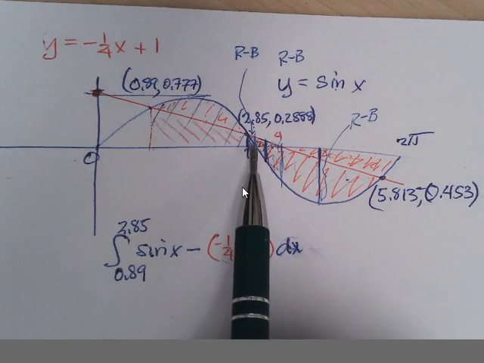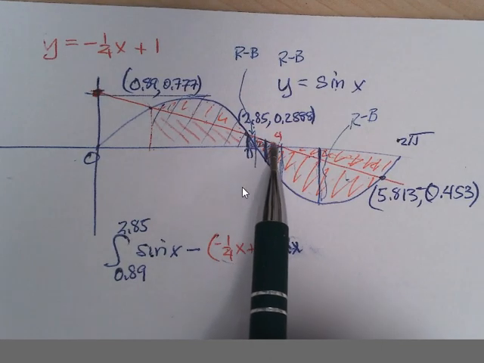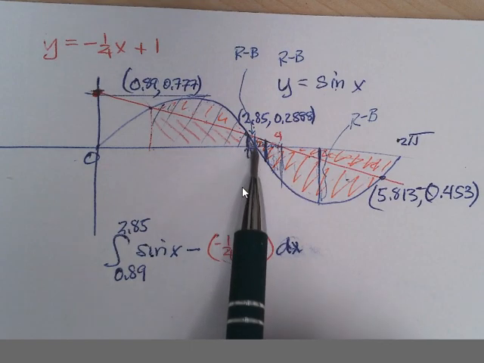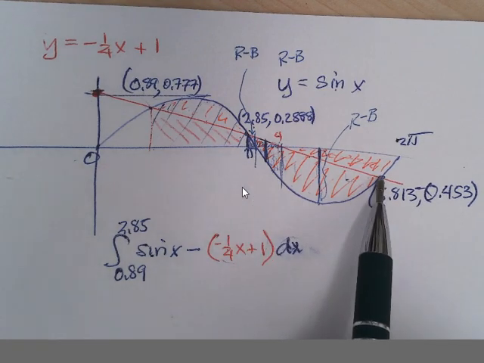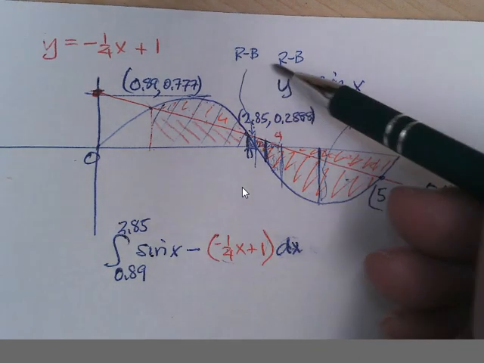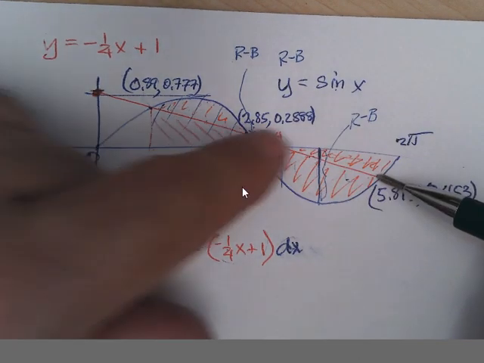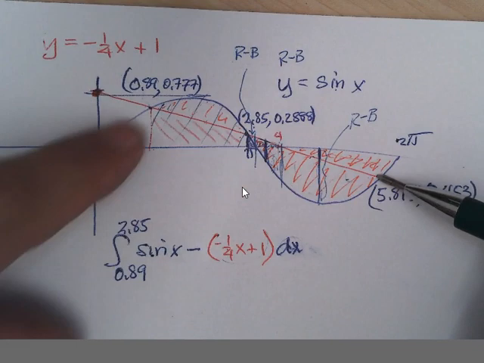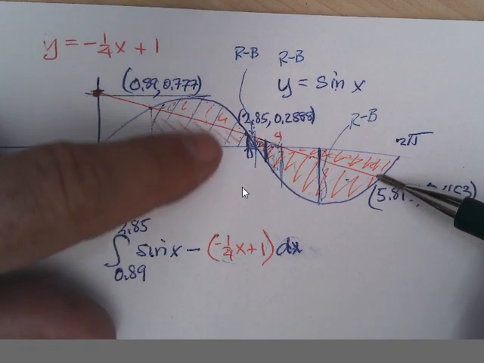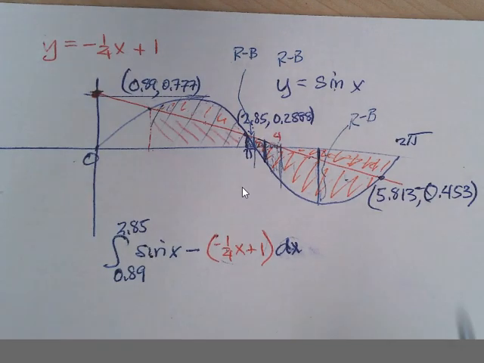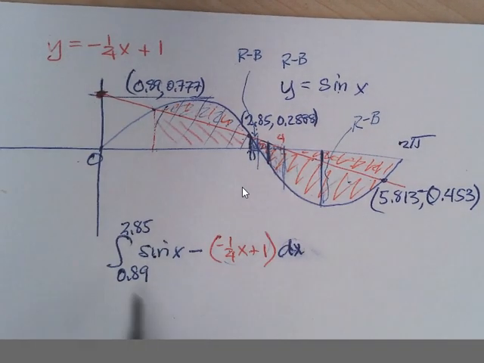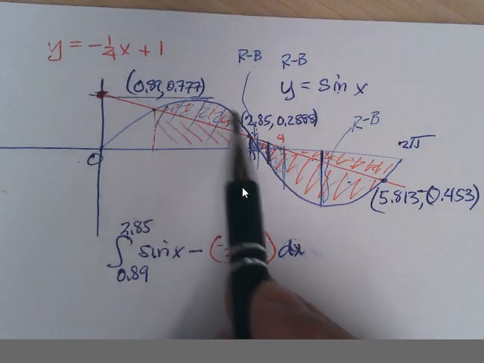So it turns out that it doesn't matter whether the red is above the x-axis or below, or the blue is above or below. It's more important that you take the highest curve, in this case over here the red one, minus the blue one. Over here we did the same thing. We took the highest, the blue, minus the red. So to get the total area for this and this, I would do this integral, the blue minus the red,